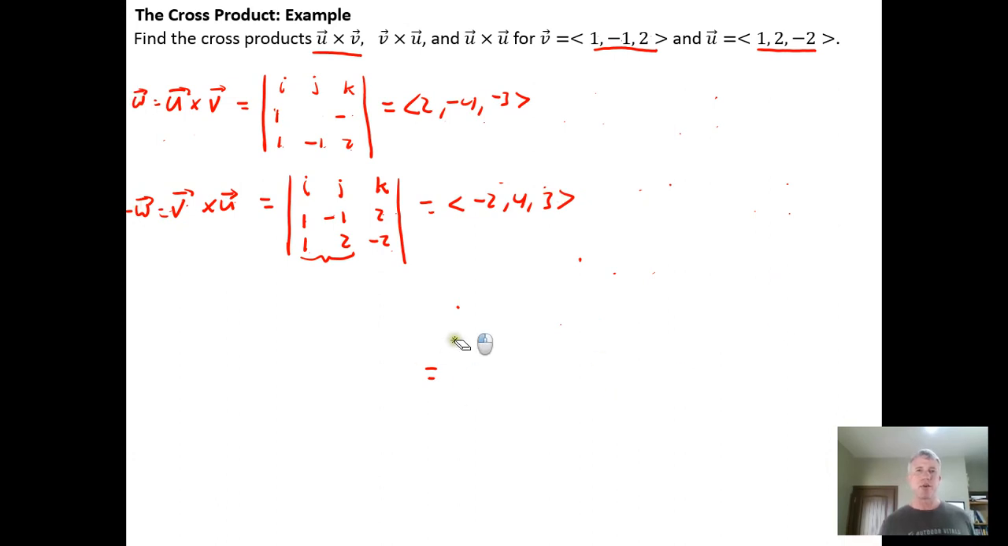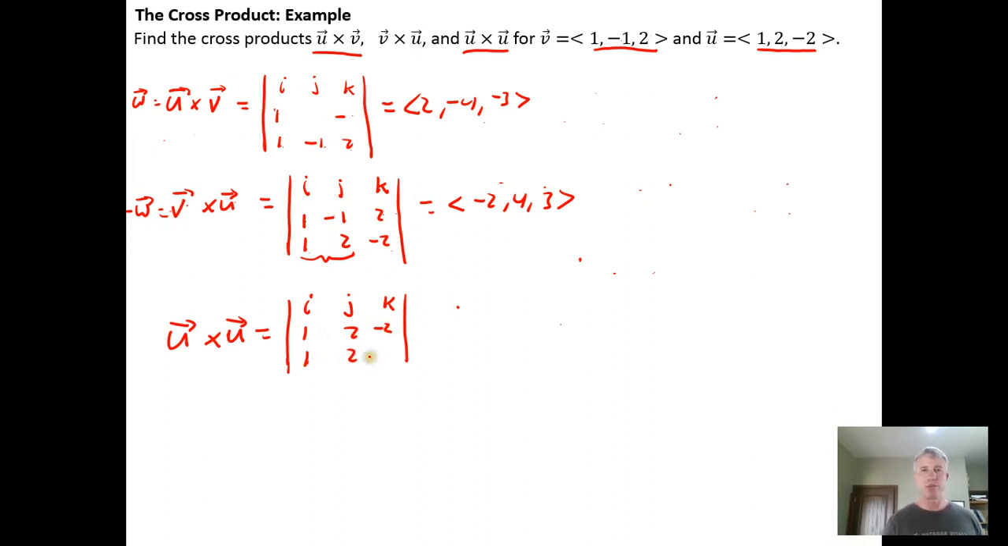And then the last thing that we want to do, just to drive home a particular point, let's say we cross u with itself. So let's say we do u cross u. And we're going to get the determinant calculation I, j, k. And if we cross u with itself, we just take the components of u and put it in both row 2 and row 3. So 1, 2, -2. And if we do this calculation, we'll get I times 2 times -2 is -4, minus -2 times 2 is -4,